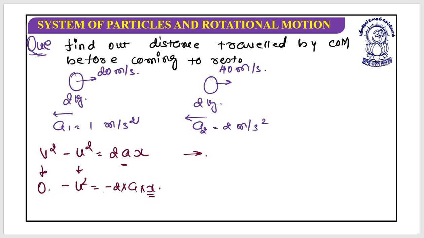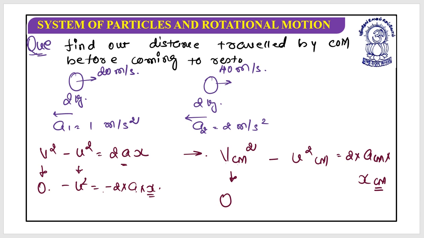Let's look at this very carefully. This is vcm square, the final velocity of center of mass, minus the square of the initial velocity of center of mass, equals 2 into acm multiplied by xcm. The final velocity would be 0, because it is coming to rest, minus ucm square equals 2 into, and as both are moving in the negative x direction, minus acm